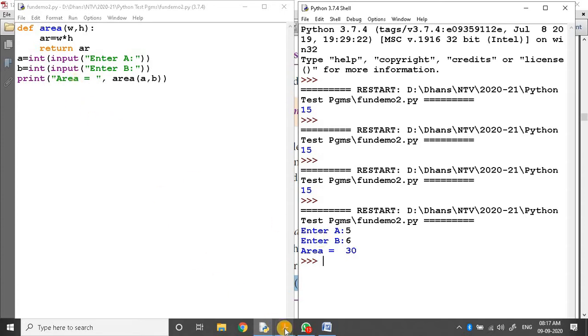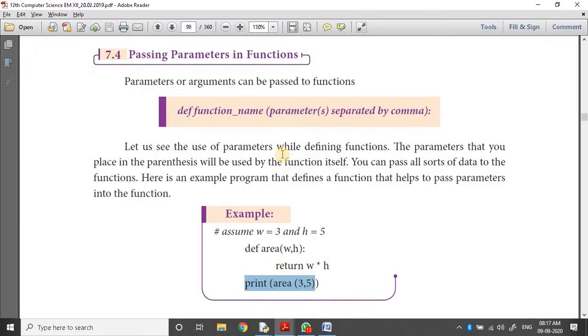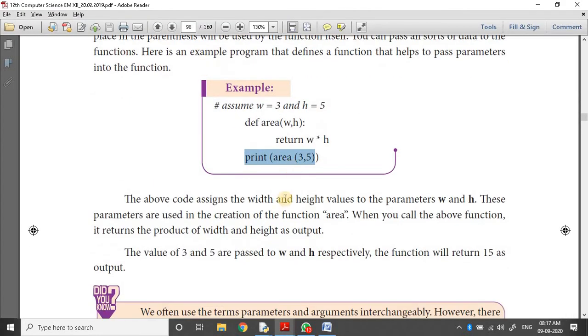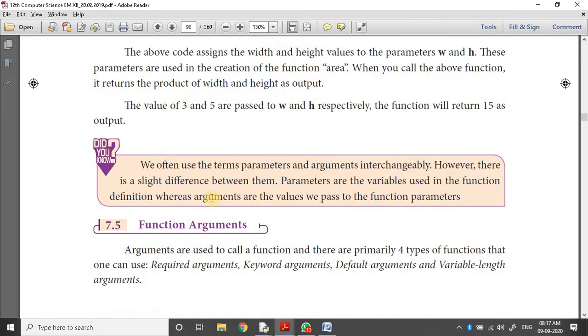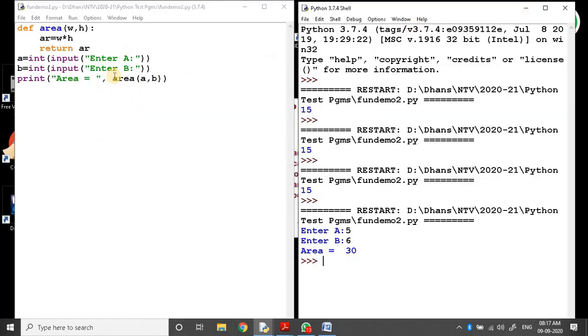In this you have to remember one important thing. What is that? Here there is a difference between parameter and argument. Variables passed to the function while calling the function are known as parameters, whereas arguments are the values passed to the functions. You have to remember.